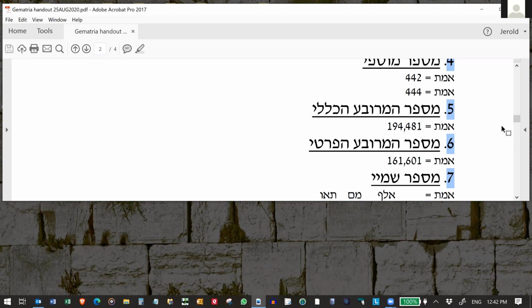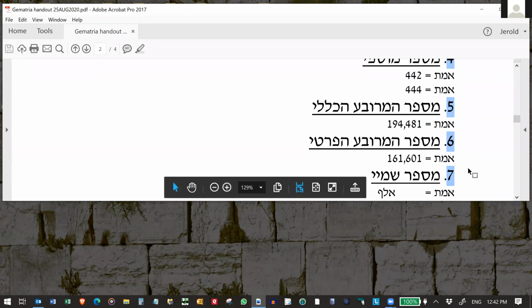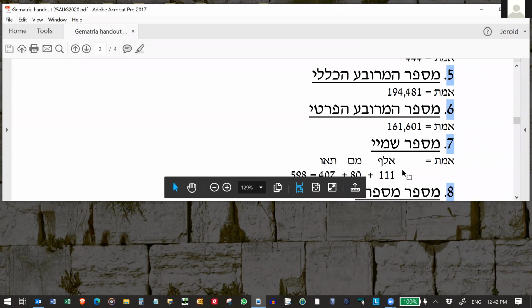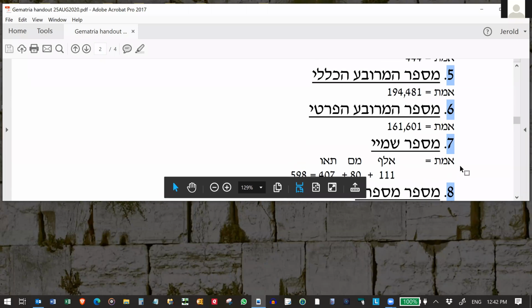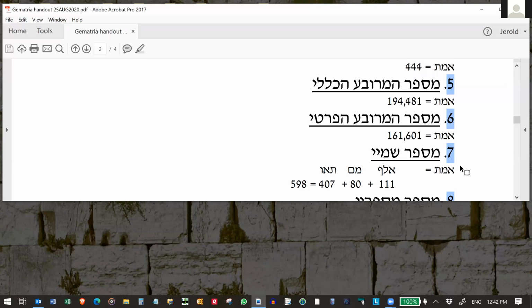Okay, each letter of the word we're looking at can be expressed by a Hebrew word. So what we do is we take the expression of that word, MS, which is Aleph, Mem, Taf, and we get the regular Gematria of Aleph, Mem, Taf, we add them together, and this becomes Mispar Shimi. So it's not the value of the word as it is the letters, it's the value of the names of the letters, okay?